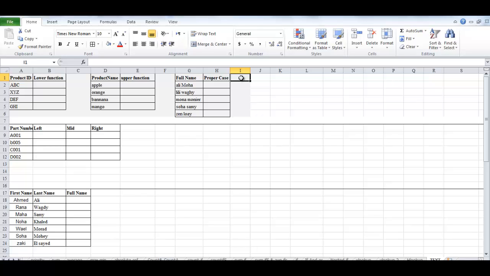Let's start with the easiest three functions: the lower function, the upper function, and the proper function, because all these three functions only require one argument. Okay, let's begin. Let's say that I'd like to convert this product ID. You can see it is all capitalized, and I want to convert it to lowercase. So click on B2, as in all functions, you click on the cell where you want to see the result. Then you can start typing =